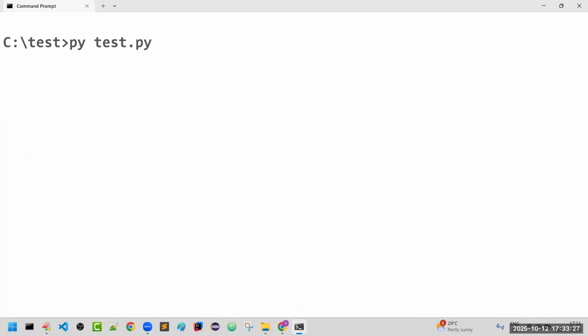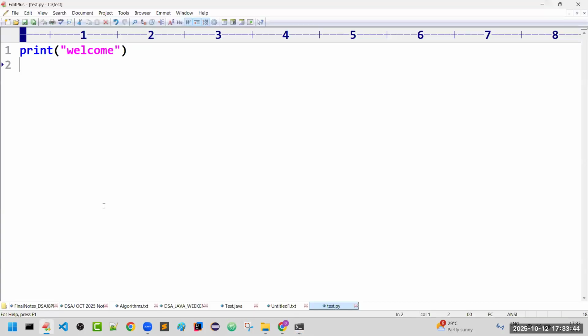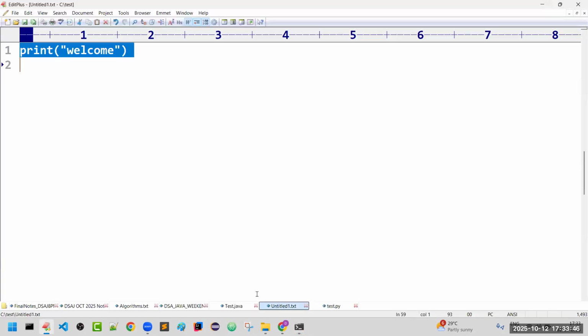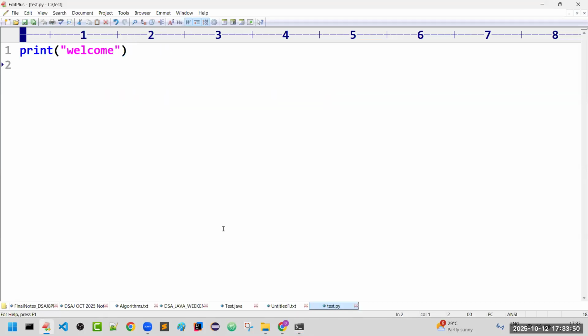Now py space test.py, if I press enter, you can see the message we need to print is printed on the screen: welcome. This is the way we can execute a simple Python program. So again I am repeating the steps.